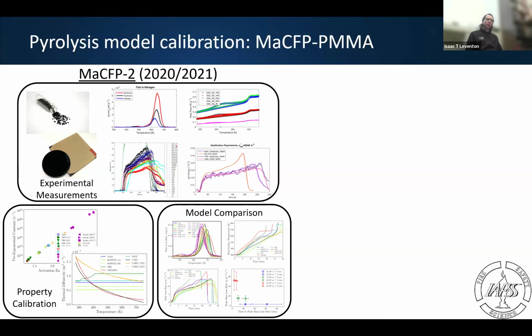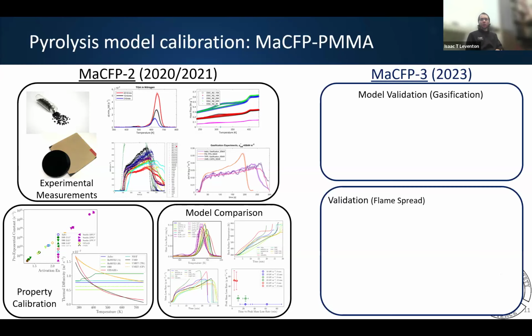And we were only doing model-to-model comparisons. So while we couldn't say this one is definitely right or wrong, they couldn't all be right given this scatter. So coming from MaCFP-2, we looked forward to last year's meeting in MaCFP-3 and developed a bench scale validation case.